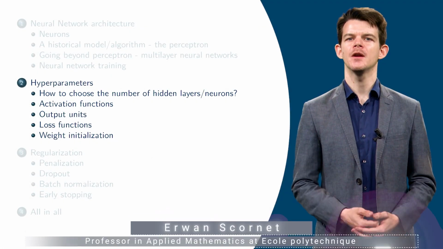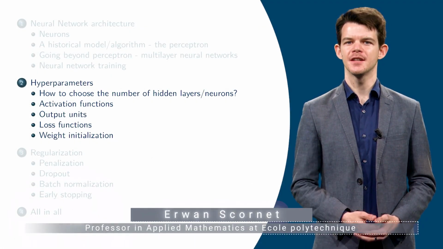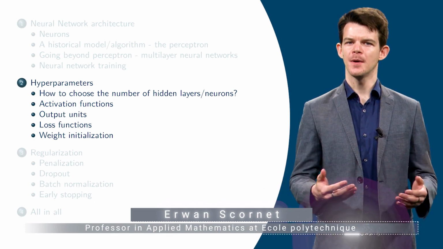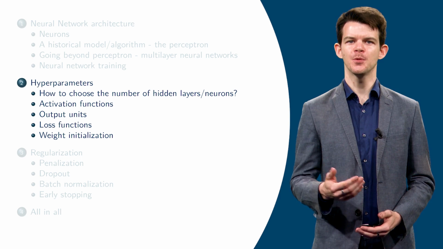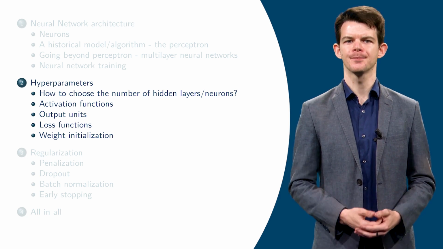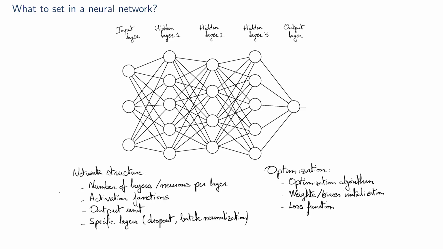We are now going to detail what are the hyperparameters you can set in a neural network. In the second part, we will see different types of regularization that may help to improve the predictive performance of a neural network. To understand all hyperparameters you can choose when implementing a network, consider this simple network with 3